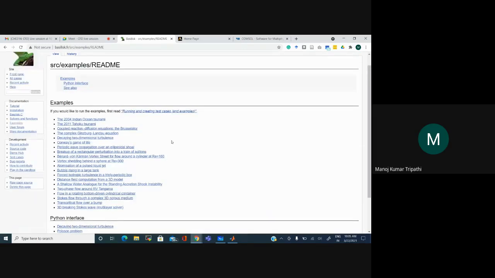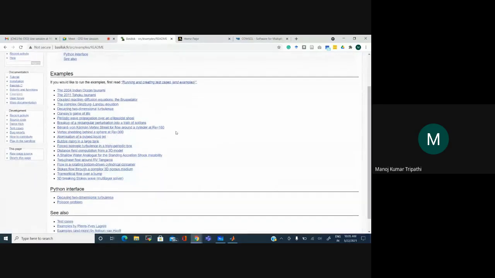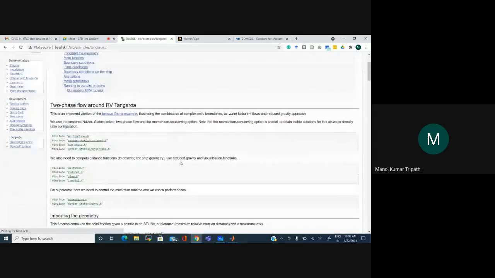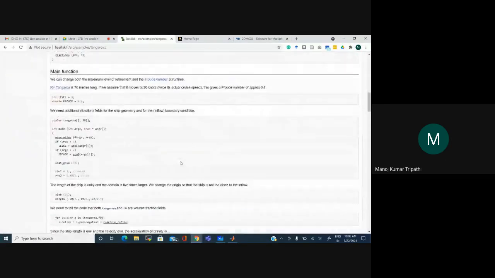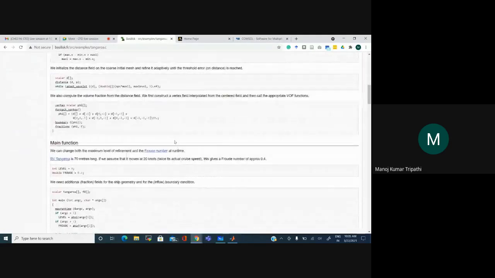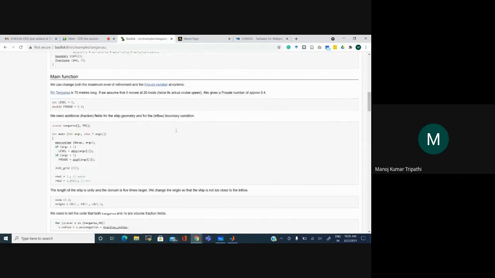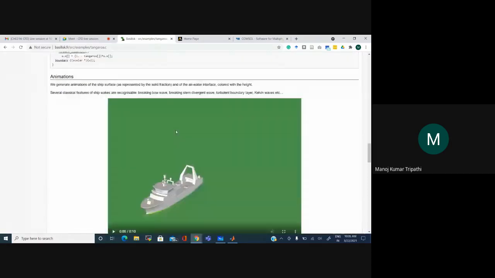So here are some examples. Let me show you one of the examples here. This is flow past. So they, as you can see, this is the code also. In between these English texts, this is something they have written, and then there is some code after that. Okay, so let me show you this.